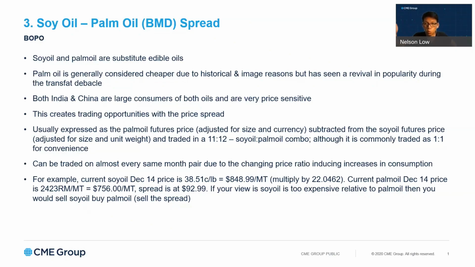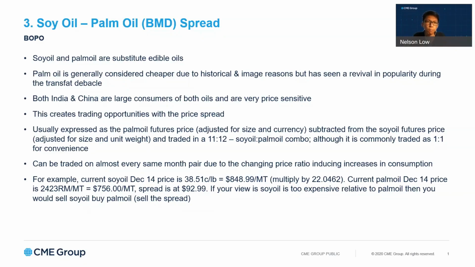When soybean oil gets too expensive, they may switch over and use palm oil, and vice versa. So that tends to play a little bit of a balancing factor in terms of demand between soybean oil and palm oil. So all these different factors create a balance, and whenever there's an imbalance, it creates trading opportunities on the price spread. And hence the reason why this spread is a really interesting spread that a lot of people look at. Now, how do you evaluate the spread between the two?